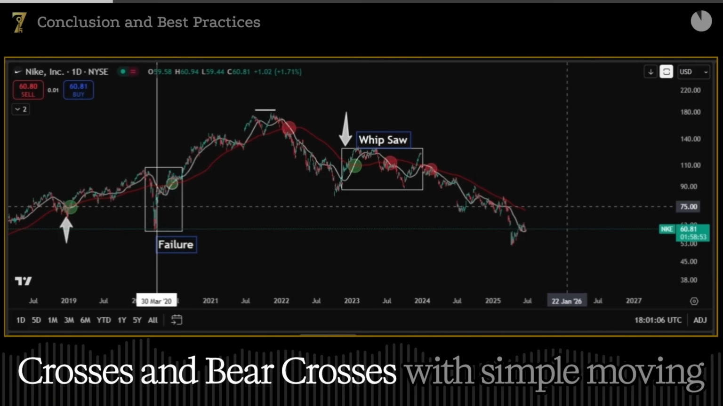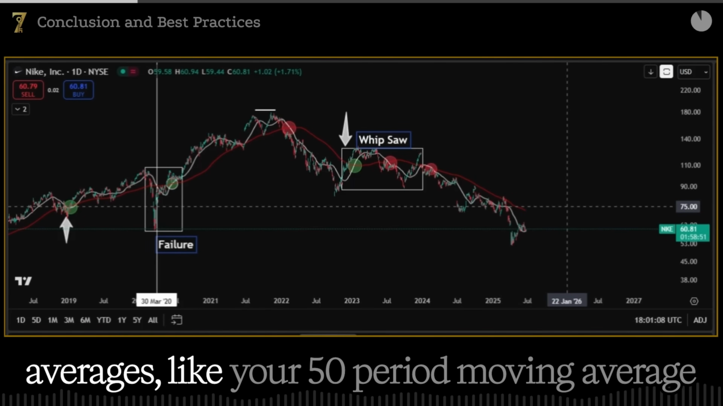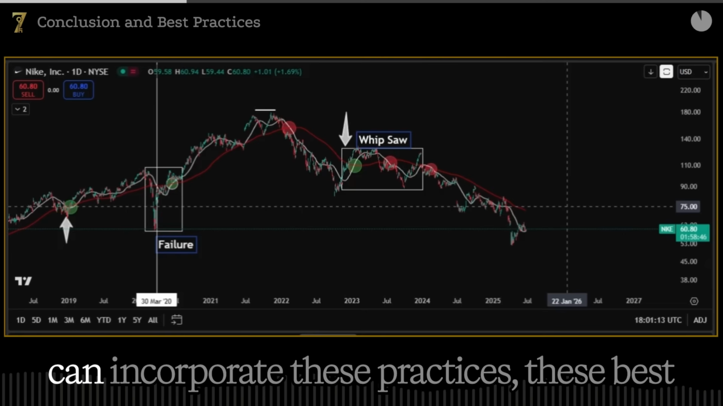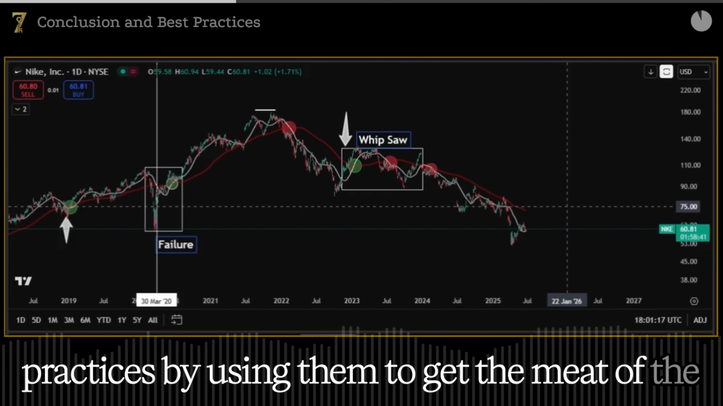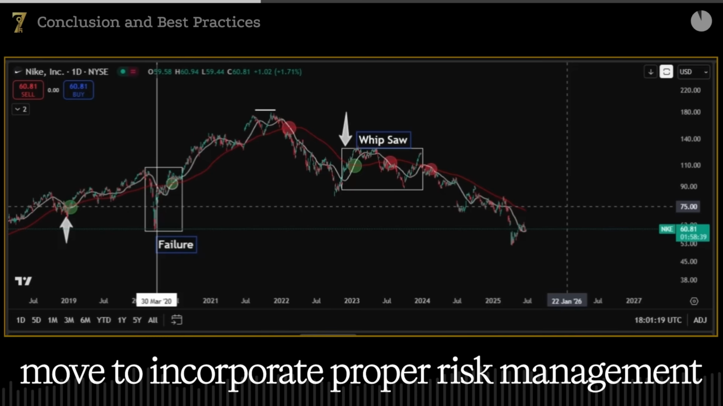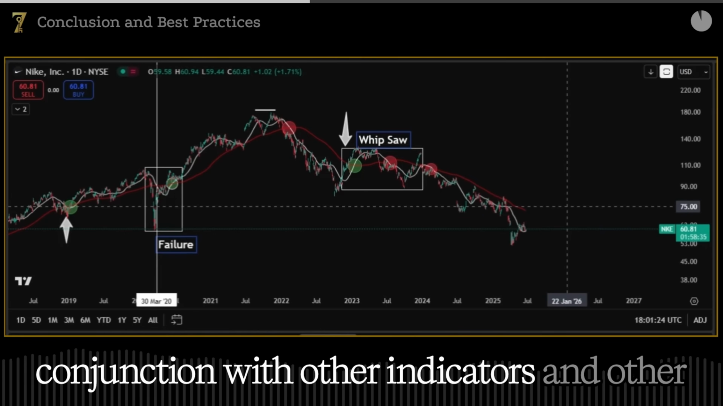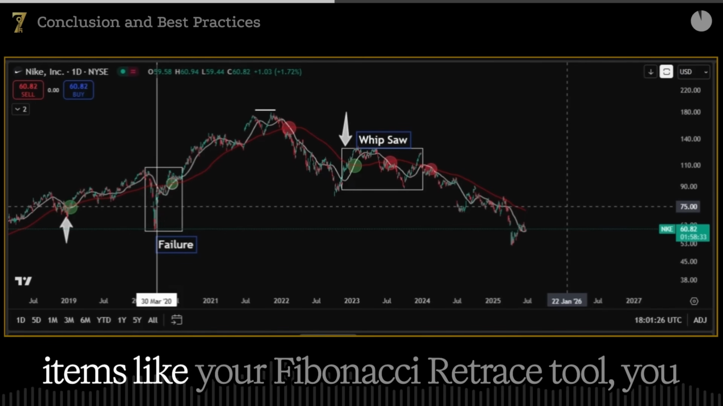crosses and bear crosses, with simple moving averages like your 50 period moving average and your 200 period moving average, you can incorporate these practices, these best practices, by using them to get the meat of the move, to incorporate proper risk management. And if using your moving averages in conjunction with other indicators and other items like your Fibonacci